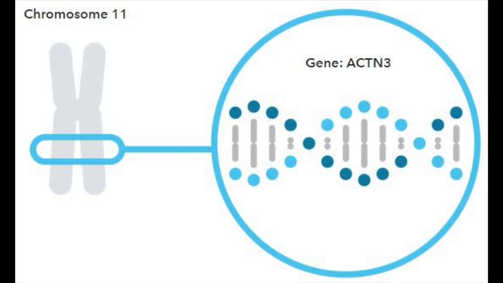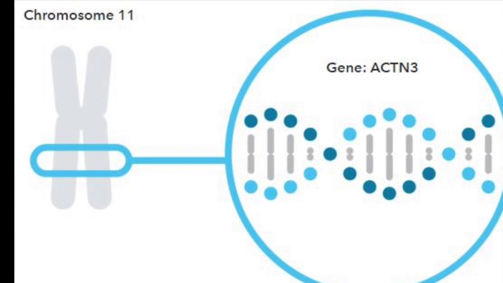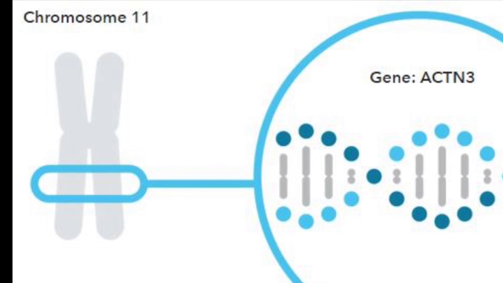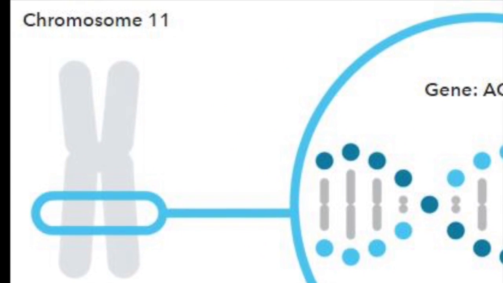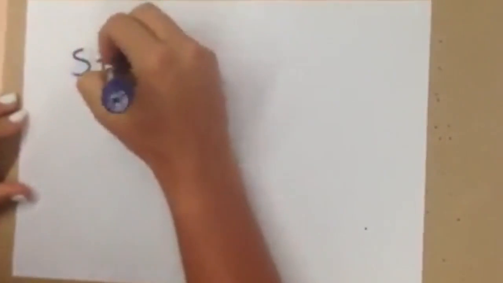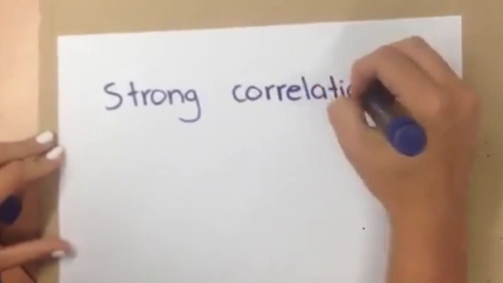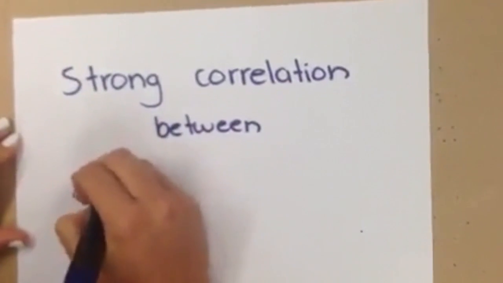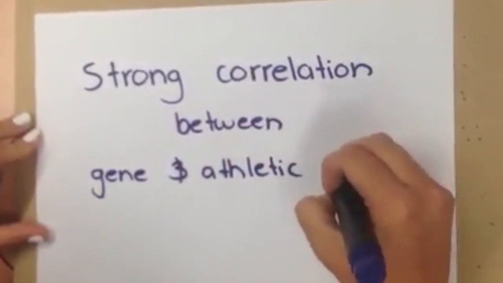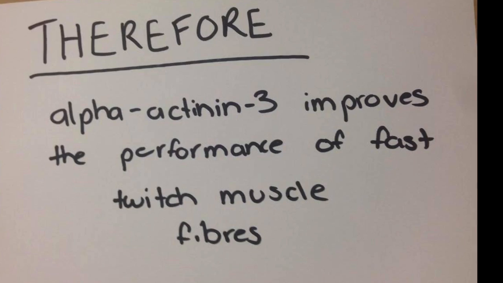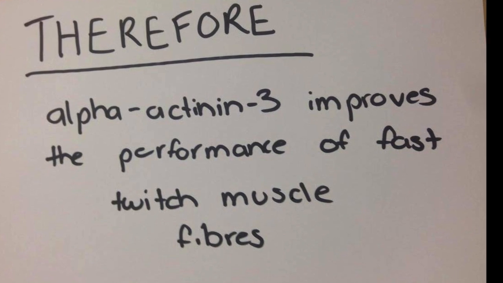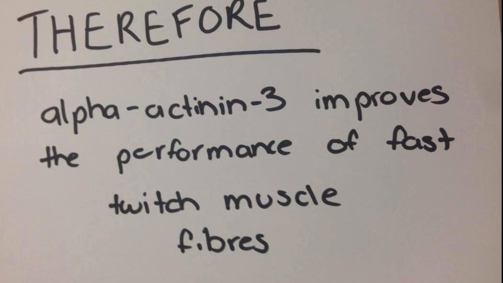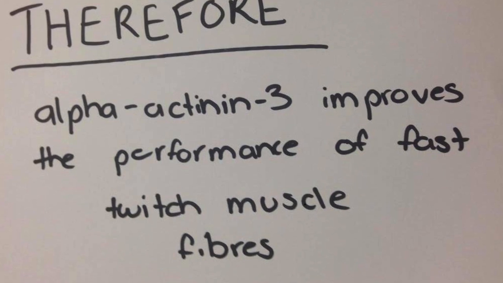Another gene frequently associated with athletic performance is the ACTN3 gene. A mutation of the ACTN3, present in 20 to 50% of people, results in a total deficiency of the protein in fast-twitch muscle fibers. Whilst the function of this protein isn't fully understood, a strong correlation exists between the gene and athletic performance. The mutated allele is underexpressed in power athlete populations, meaning alpha-actinin 3 improves the performance of fast-twitch